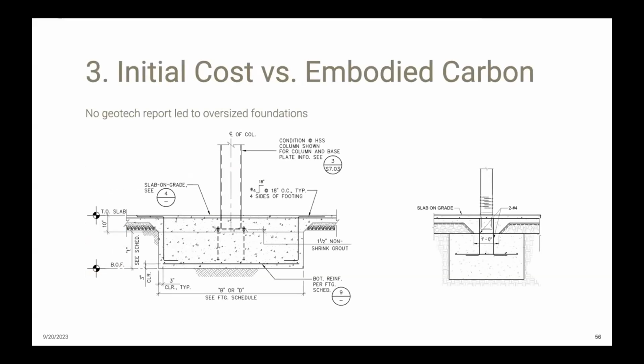We also were made aware on this project of being wary of initial cost savings that might come at the expense of embodied carbon. On Boys and Girls Club, in order to save a little bit of money up front, the owner decided not to do any geotech investigation, thinking that, well, it's an existing building, what's going on with the soil probably isn't that important. But it turned out that it resulted in foundations that were oversized, potentially by as much as 2 times.